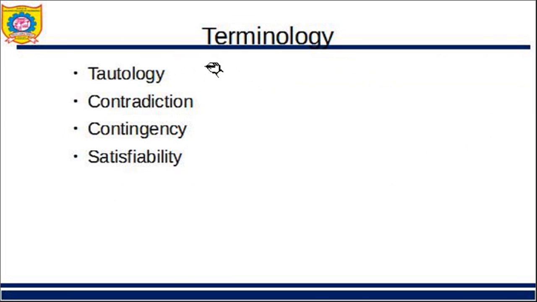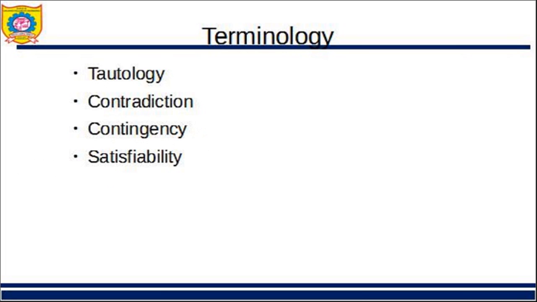We should know a little terminology of this. So tautology. What do you mean by tautology? A propositional formula that is always true. You remember you have studied truth tables. If in the truth table your final inferred column gives the value true everywhere, then you call it a tautology. If everywhere you get false, always false, then you call it a contradiction. If it is neither completely true nor completely false, so there are combinations of true and false, then you call it a contingency.